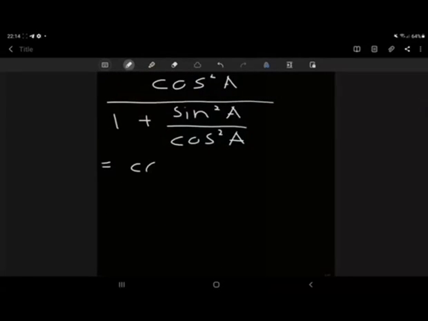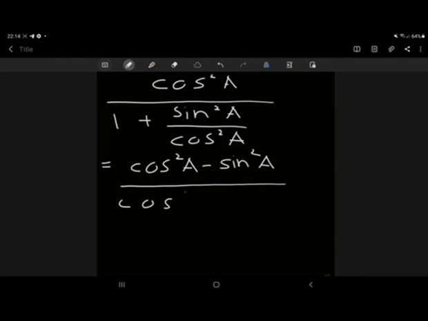Next, equal to cos square a minus sin square a divided by cos square a,